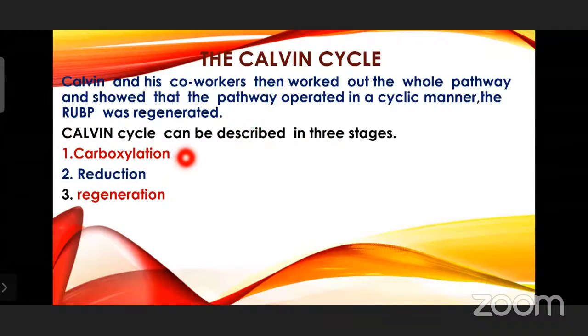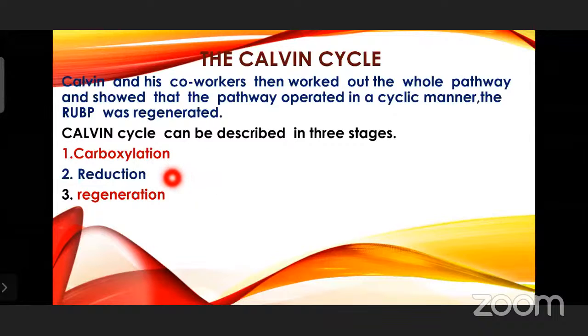One is carboxylation, reduction, regeneration. It is very simple and easy to remember all these stages. Carboxylation, as I just discussed, is how carbon dioxide combines with RUBP and phosphoglyceric acid forms. Reduction. In this reduction, what is happening? Already you know, in the light reaction, ATP and NADPH are synthesized. That will be utilized in the reduction. In the reduction phase, the phosphoglyceric acid will be converted to